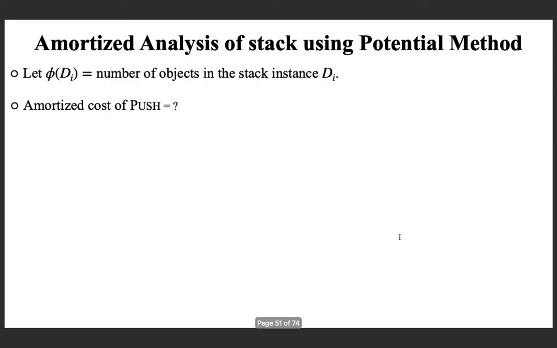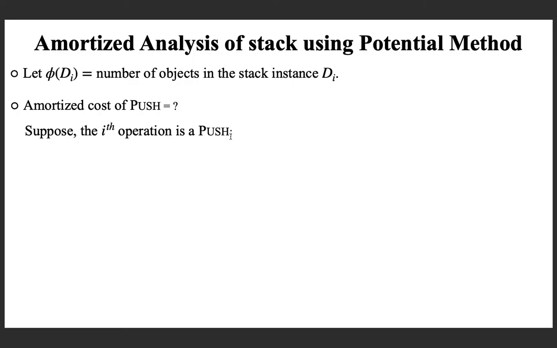Now, maybe we can find the amortized cost of push, pop and multipop using this method, and with that we can finish this lecture. So we define the potential as the number of objects present in the stack at any point of time. So what is the amortized cost of push? It is the actual cost plus the potential difference. For that, suppose the ith operation is a push operation. It could be a push or a pop or a multipop. In every case, we have to find the amortized cost of that particular operation.